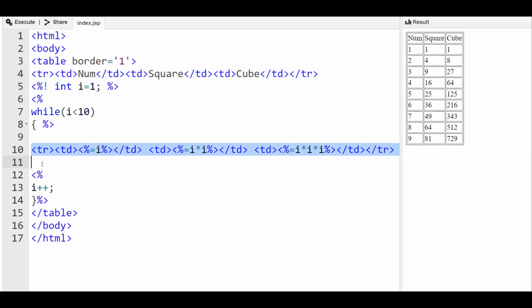There you will use the echo command. Instead of placing these scriptlet tags, you will have the echo command to print all the HTML elements. So this is how Java supports web programming.